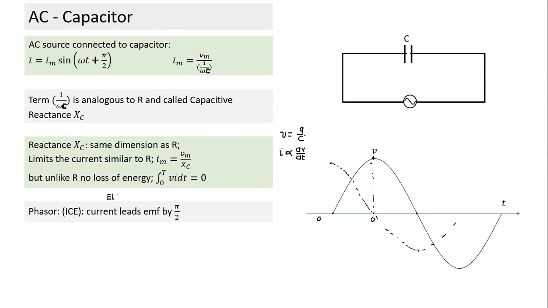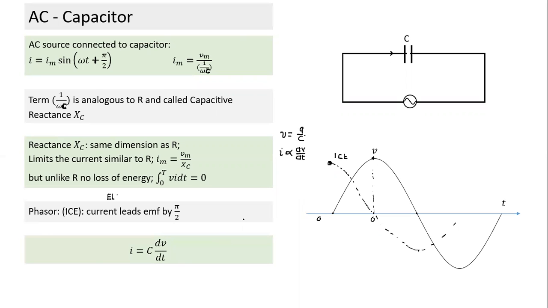What we notice here, compared to voltage, is that the peak value of current reaches earlier than the peak of voltage. It leads. That's why I call it IC. So we could have drawn this current curve for a given applied voltage. What will be the current in the wire connected to the capacitor? We can draw it based on our understanding also, which matches with the derivation as well.